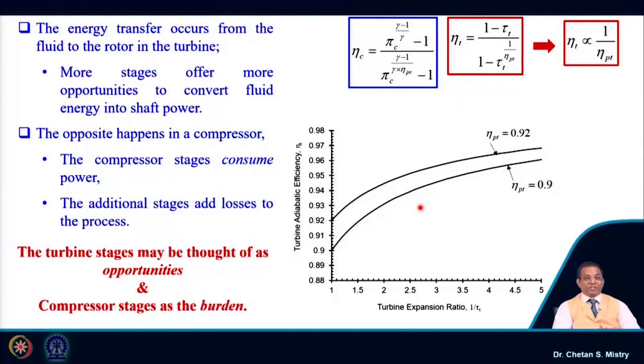The reason is, as we have discussed, because it is an aerodynamic entity working under adverse pressure gradient, you have more chances for the flow to get separated. The separation of the flow will lead to reduced operating range and performance, even efficiency. That is the reason you do not have a choice to reduce the number of stages for the compressor. But for the turbine, if we look carefully, we have the opportunity because it is working under